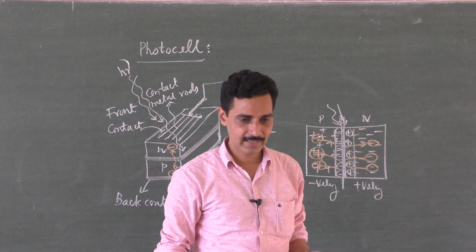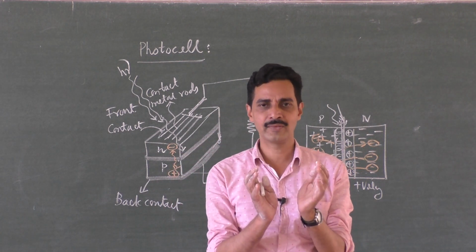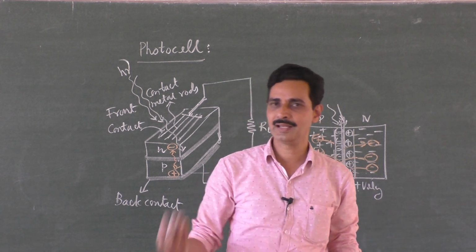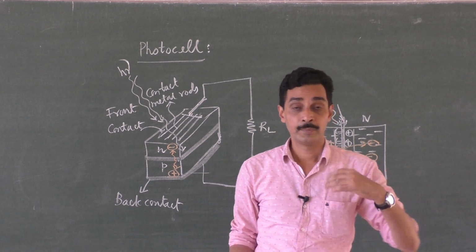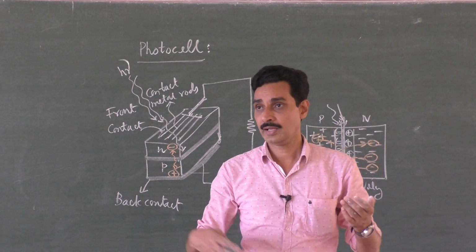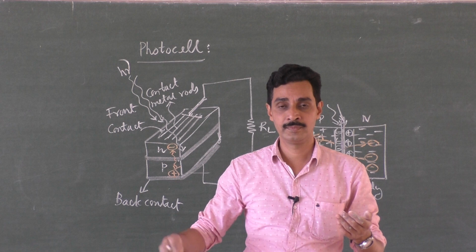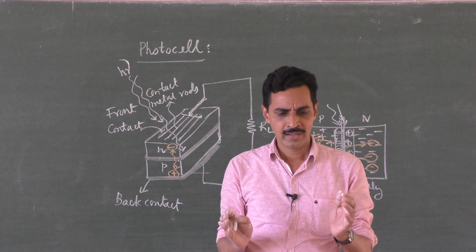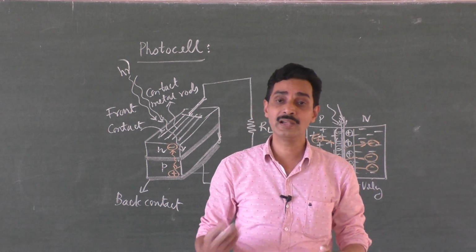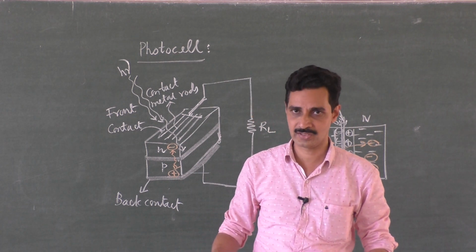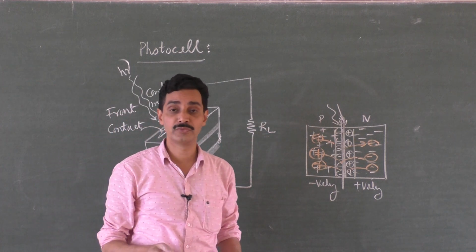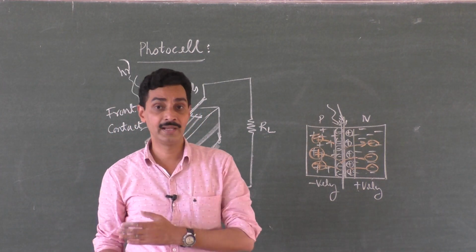What is a cell? A cell is an arrangement where we have two ends with higher and lower potential. One is at positive potential, another is at negative potential. Any positive potential means it is higher, and any negative potential means it is lower potential, right? So you know that a negative charge will always move in an electric field.